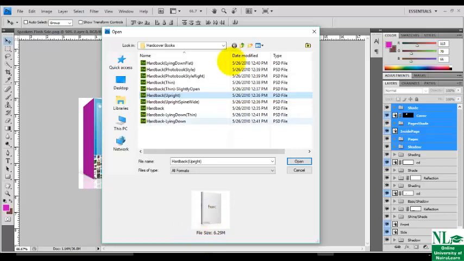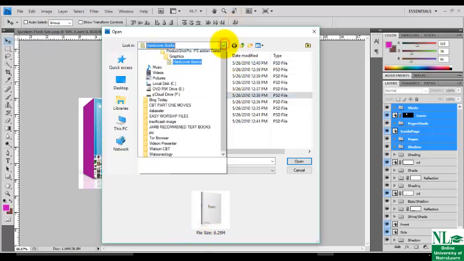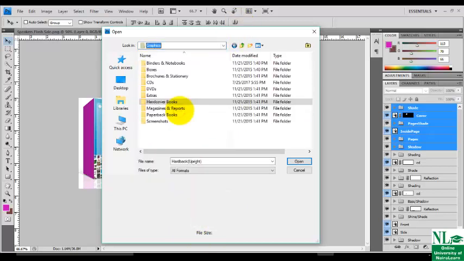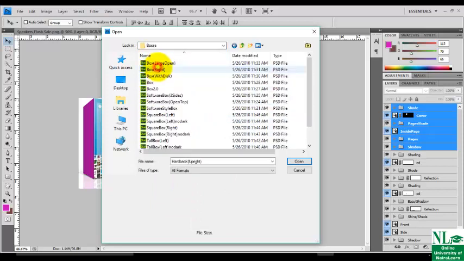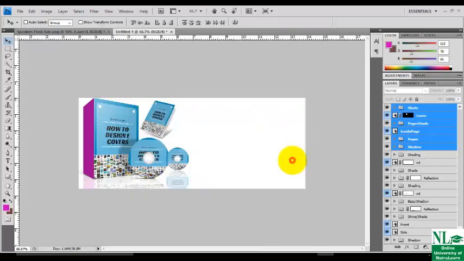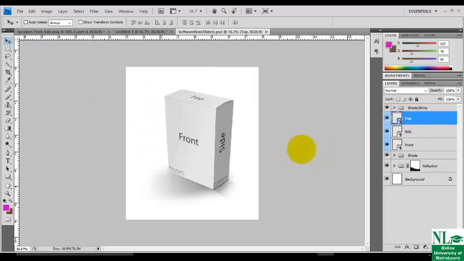They are swimming. As you can see, this is the thumbnail of them. So let's return back to another folder. Let's go with box 6. Let's bring in this box 6. As you can see, this is our box 6. This is the top, this is the side, this is side, this is the front.